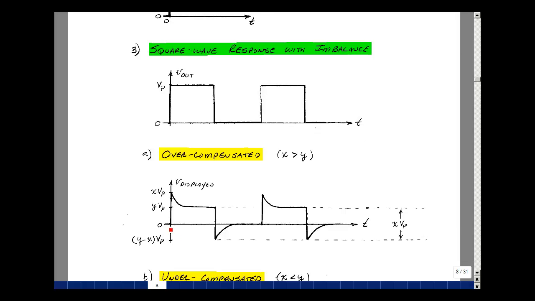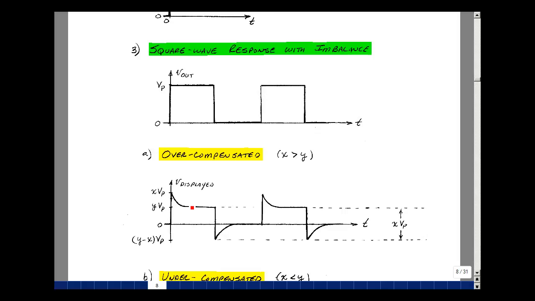So here we jump by X times V sub P, and now we're going to drop by X times V sub P, but a minus. So we take the value here, and then just subtract X times V sub P. And it's going to repeat itself. The difference between these two levels is just X times V sub P. So if you see this, you know that your probe was not properly compensated, and you can use this waveform to essentially adjust the capacitor such that this overshoot and then eventually RC decay just goes back to a